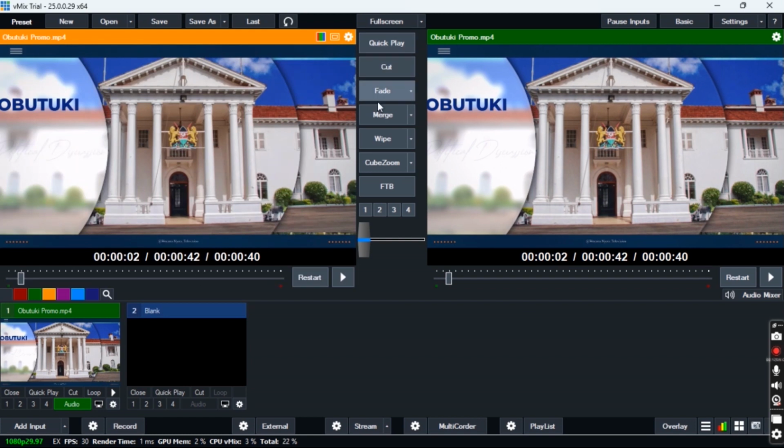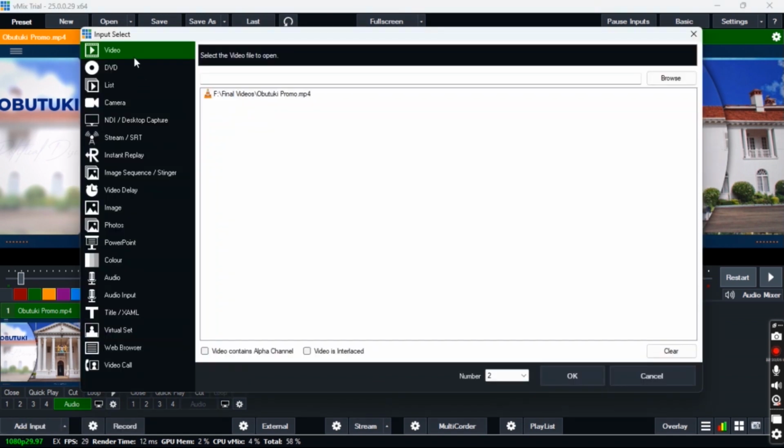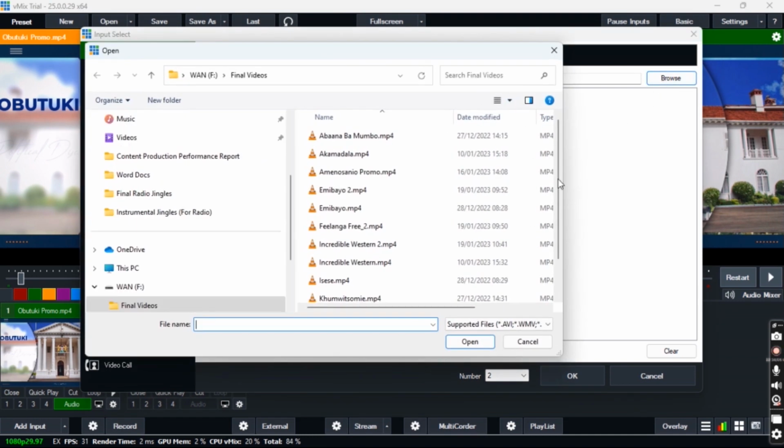You can use the transition buttons at the middle between the preview window and the live window to switch between live and preview programs. For you to add another video input, you do the same, add an input, then click on video, then browse to a storage location where you have your videos. Click on a video of your choice, then open,